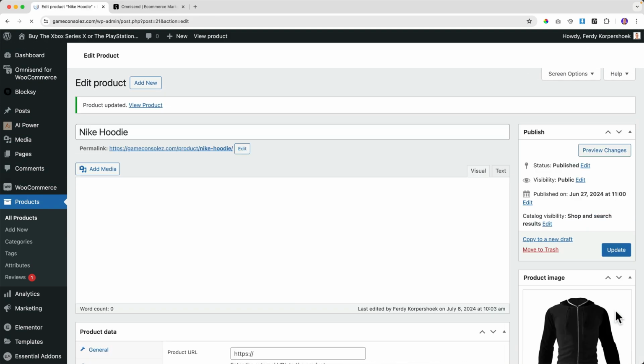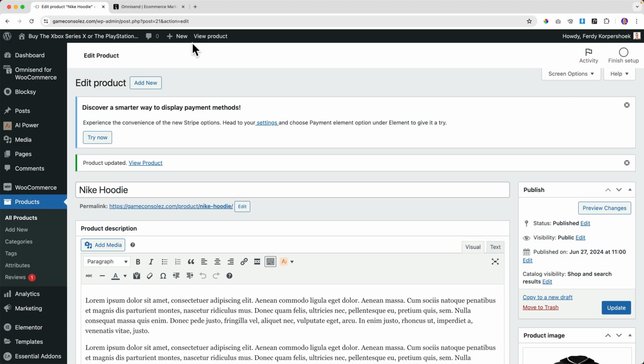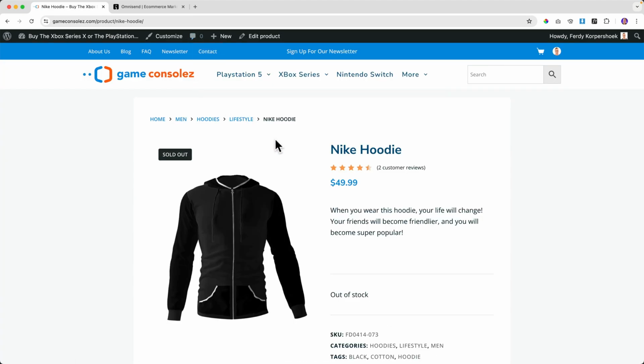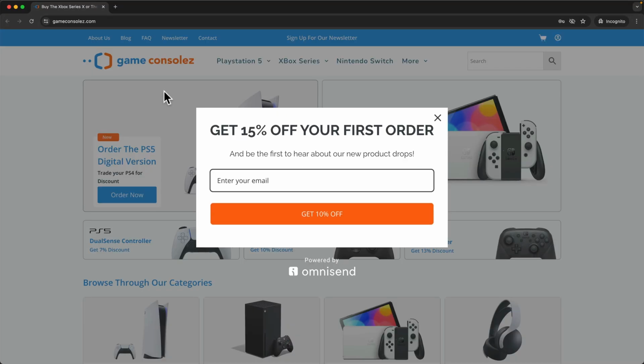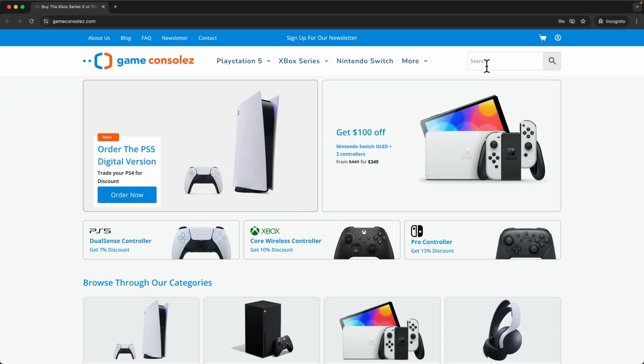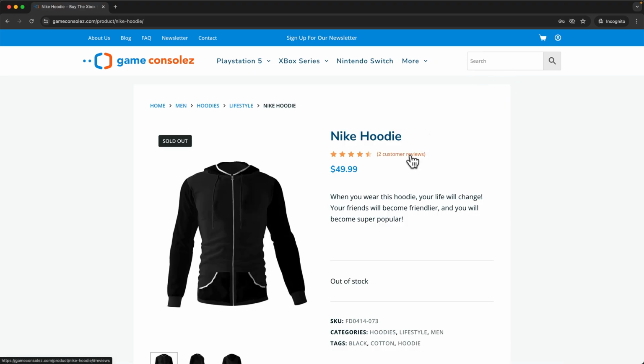Update. So if I would view the product, it says sold out. So I go as an incognito person to this website. I search for a hoodie. Nothing happens, but it says out of stock, so I cannot buy this.